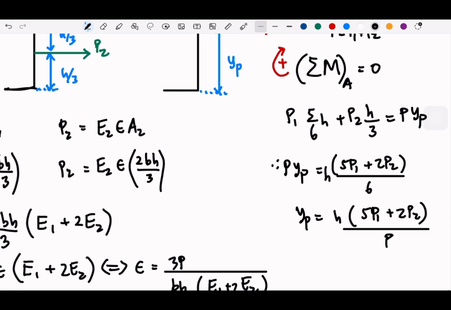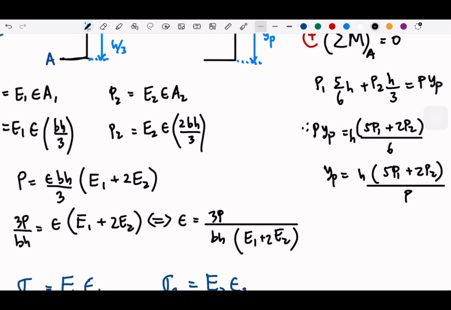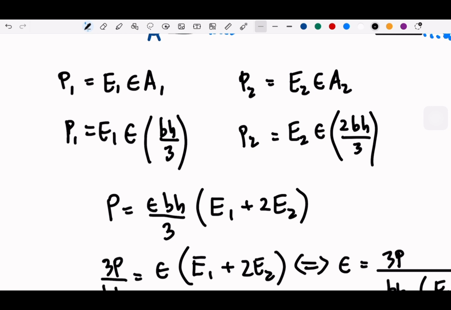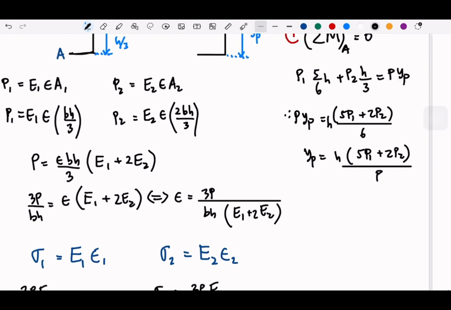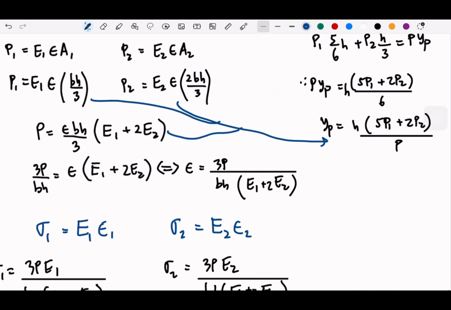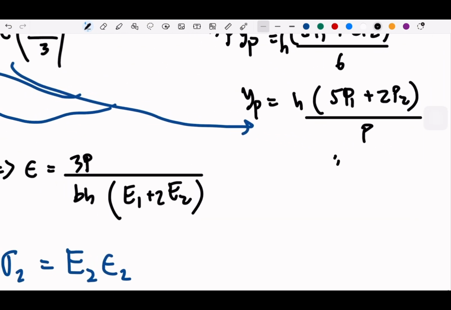And basically we are going to use all the equations that we know for P1, P2, and P from the respective equations. So all of this, we substitute to here, and then finally I will just skip the process here, basically substituting P1, P2, and P. So we have YP is H